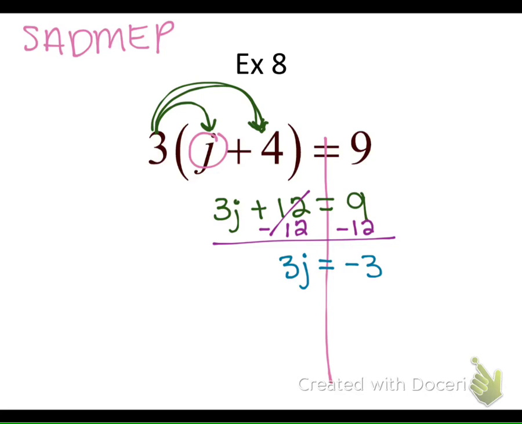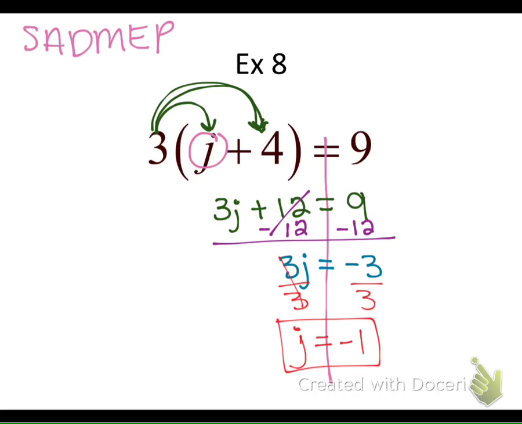And now how do I get the j by itself? Divide by 3. So then negative 3 divided by 3 equals what? Negative 1. Good. Now, if I chose not to distribute, if I just went and did 3 parentheses j plus